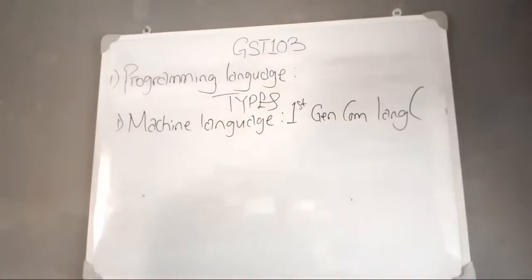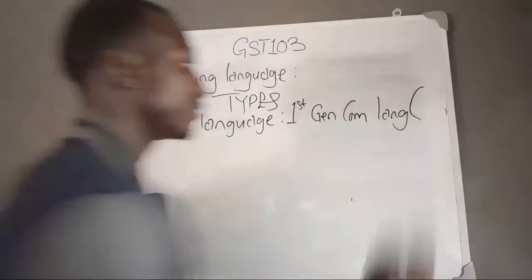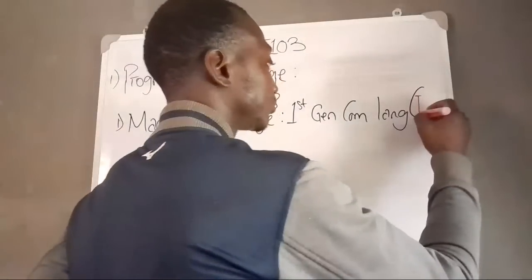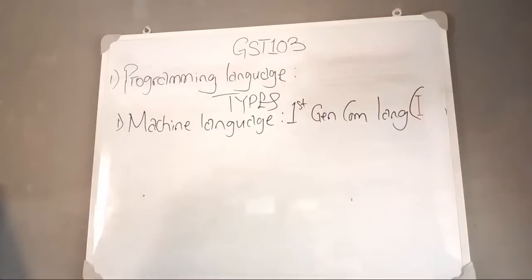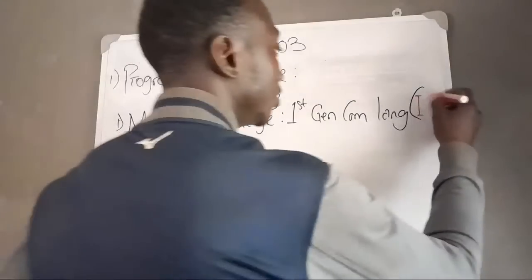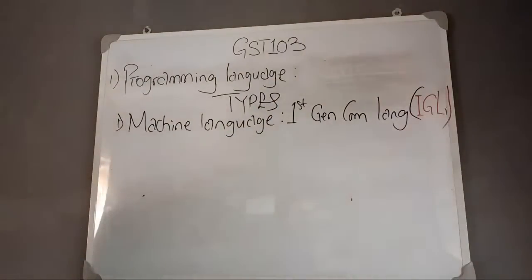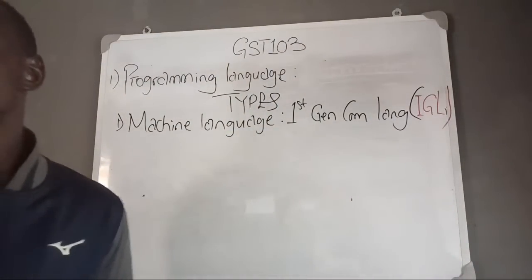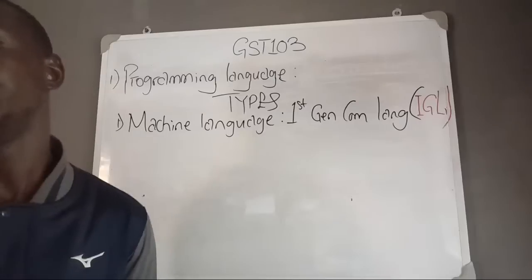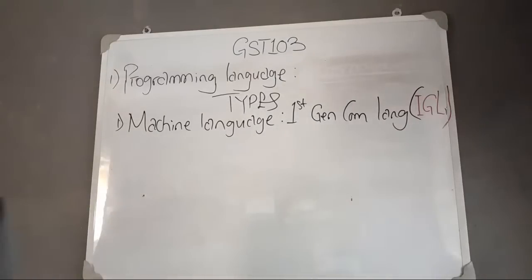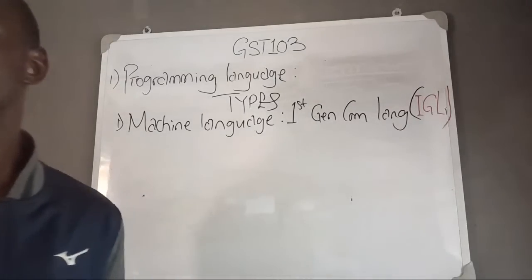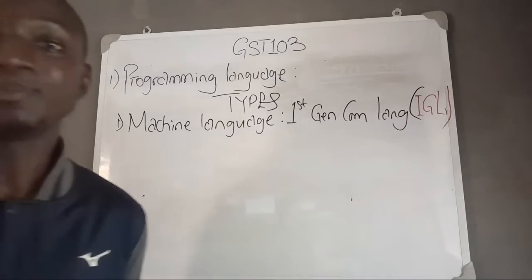So in case you come across a question like what is the full meaning of 1GL, 1GL simply means first generation computer language,